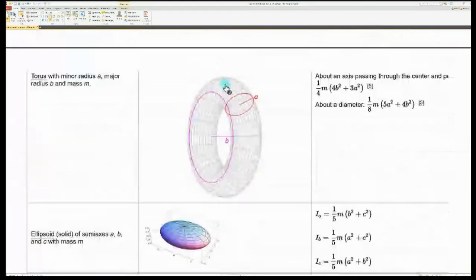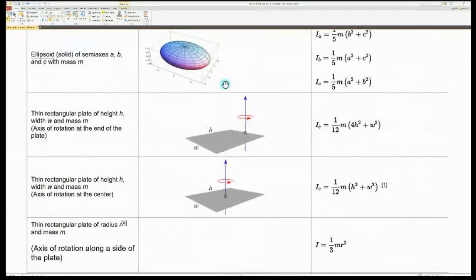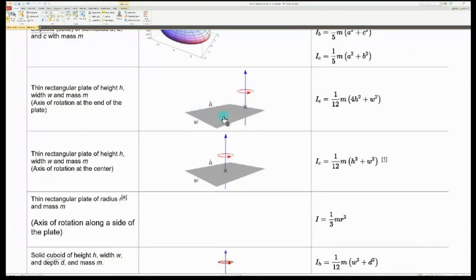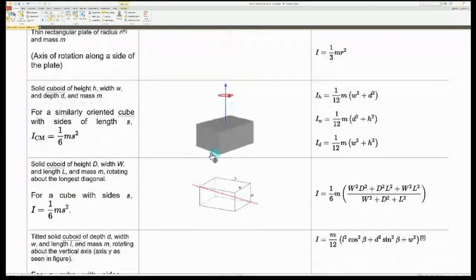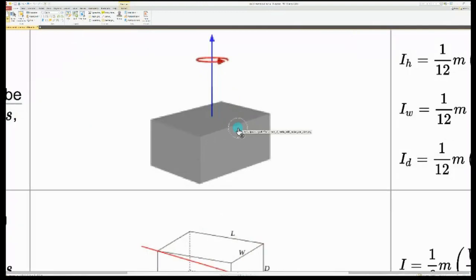These are the various shapes for which the moment of inertia is readily available. And this is a plate. If you are going to use a plate, then we can use this formula. And now, yes, this is the one. So now you came to this particular one, this is the correct one. Right now we want this, let me enlarge this a little bit. Yes, this looks like a rectangular box.